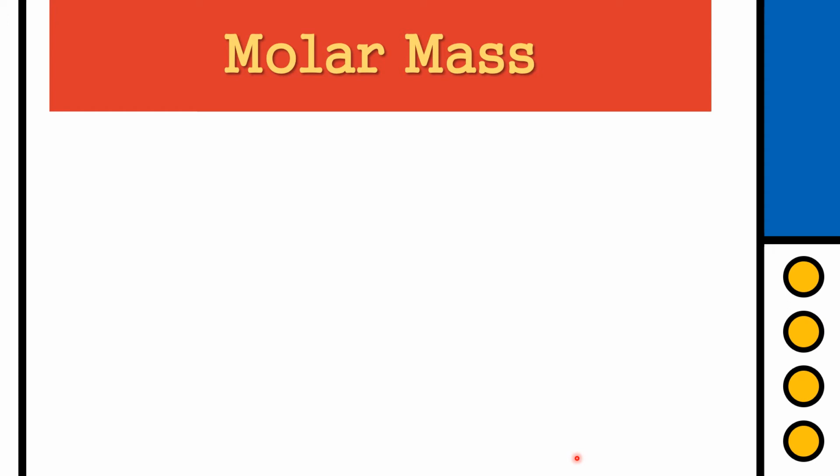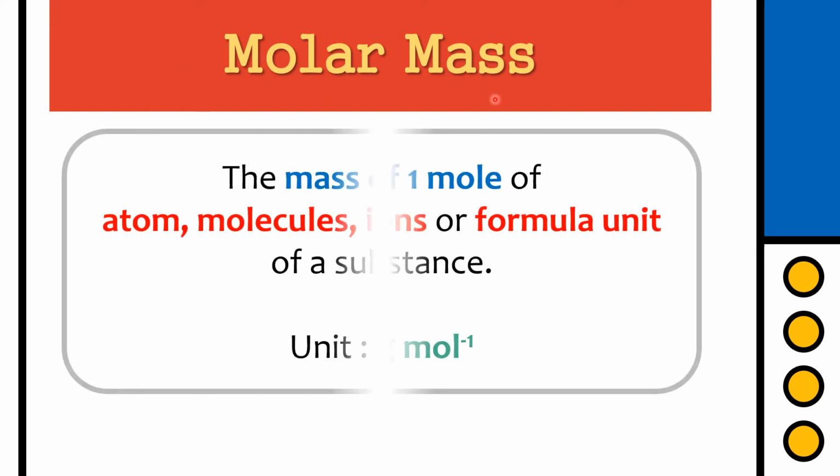The relationship between the number of mole and also mass, we call it as the molar mass. So tengok definition molar mass. It's the mass of 1 mole of atom, molecules, ions, or formula units of a substance. Okay, ini yang selalunya awak guna untuk calculation. Contoh,